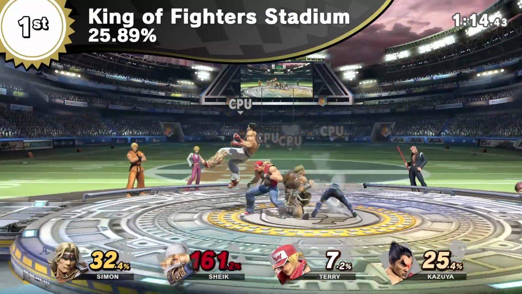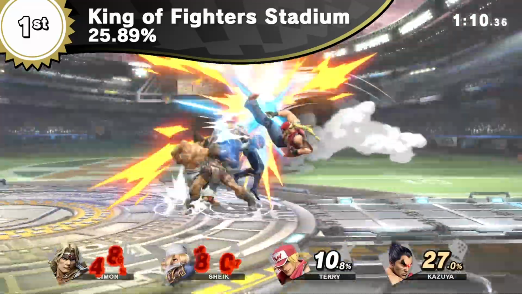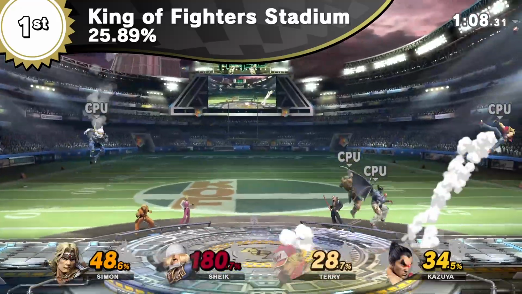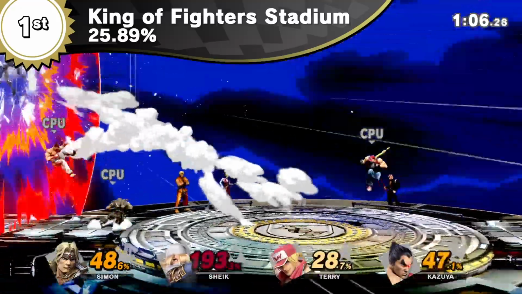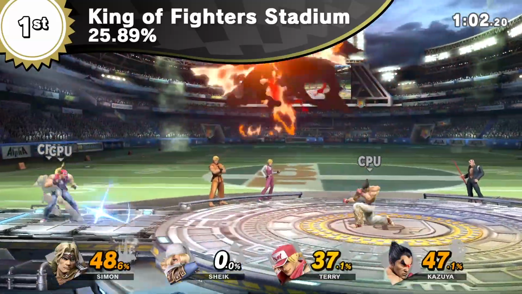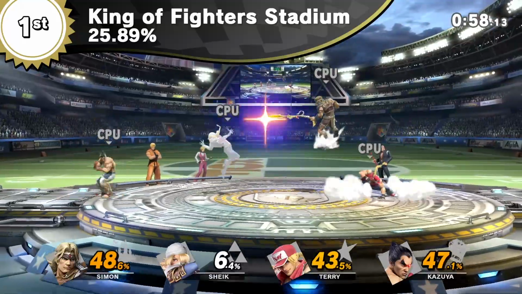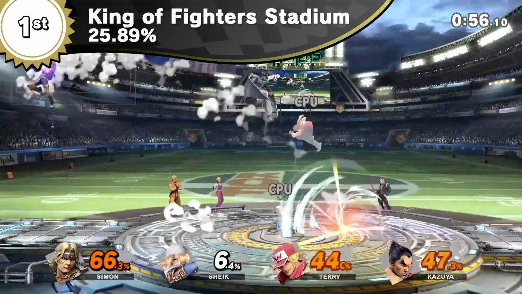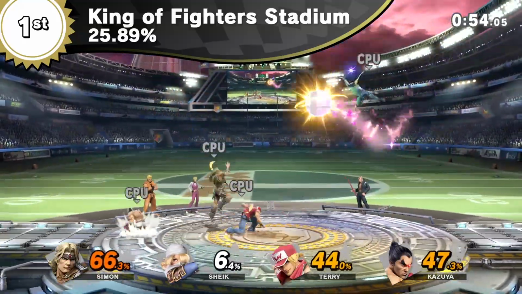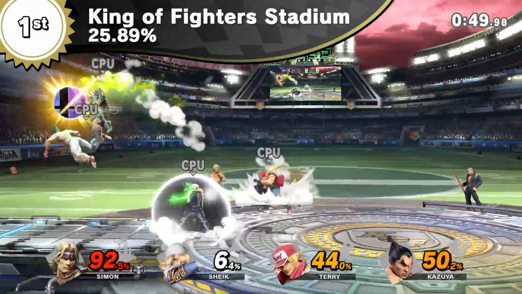Well, none other than the King of Fighters Stadium, scoring an impressive 25.89%. The simple mechanic of having breakable walls on either side of the stage did a ton for this level's popularity, as it dealt with the issues of campers, and was a great blend of traditional fighting games and Smash's KO style. Not to mention all the cameos and music this stage received, an amazing love letter to all the SNK